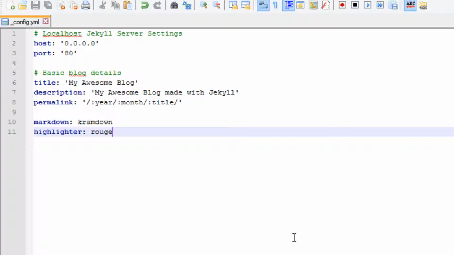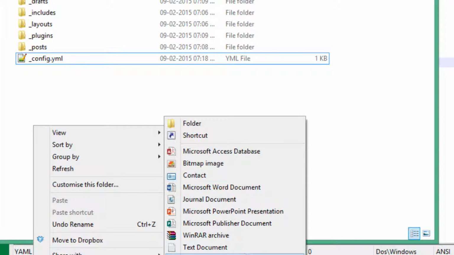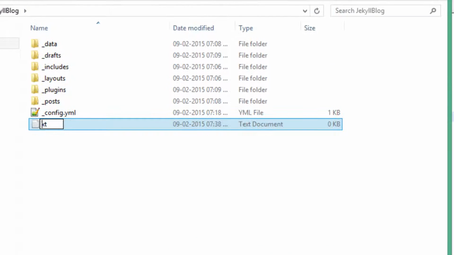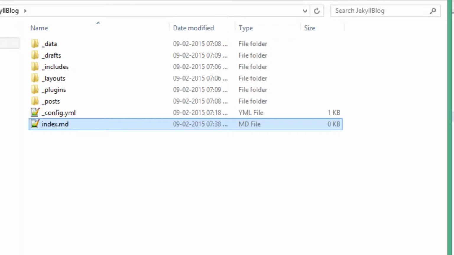To actually show something, we need an index page on the site. So let us create a sample file called index.md in the project directory. So create another new file and name it index.md. This is going to be our home page, our blog's home page. So open it up,